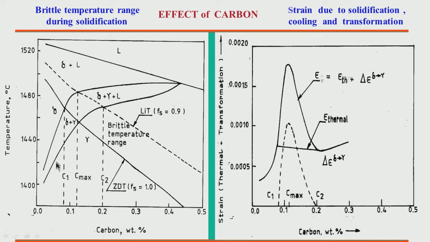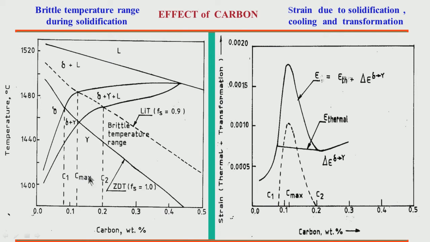So, less than C1 carbon, it is not a matter of worry. Above C2, again it is not a matter of worry, because this is taking place above this particular brittle temperature range. But beyond C1 and C2 we have to be very careful, particularly